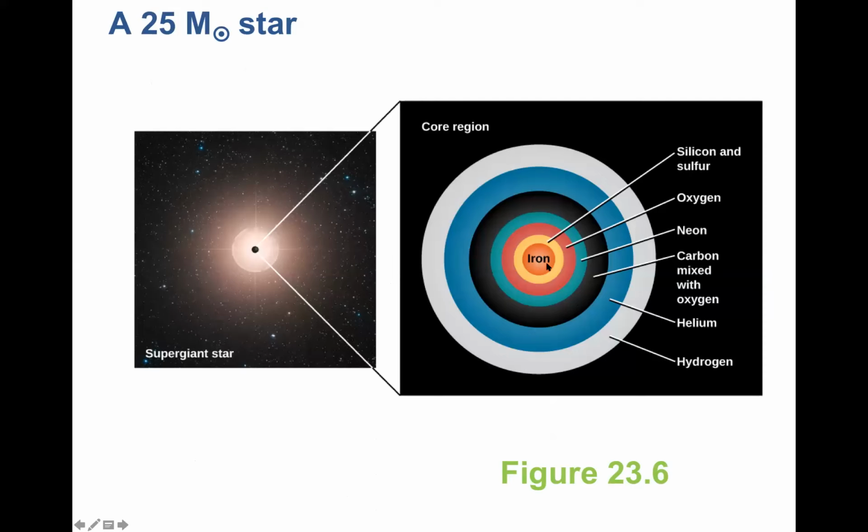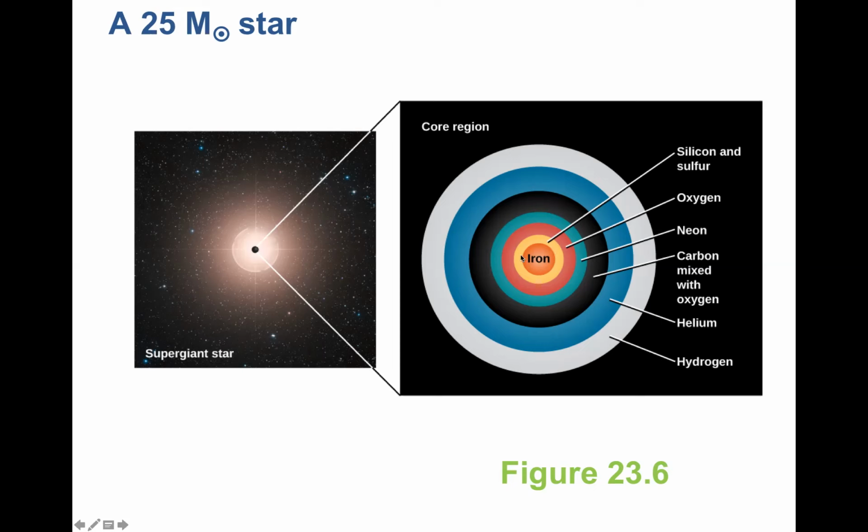I like to say high mass stars at the ends of their lives are like ogres, and ogres are like onions. They've all got layers. And so this is what the layers of a high mass star at the end of its life look like. If it's spent the day burning silicon, you now get an ash at the center of your star, which is pure iron, basically.